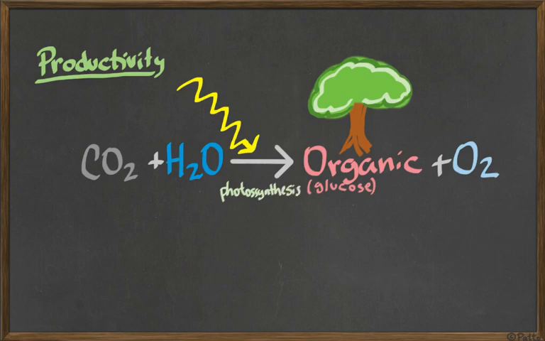So ultimately, plants are capable of getting carbon dioxide from the environment, are capable of getting water from the environment, they get light from the environment, and they are capable of building organic material in the way of glucose that later is being used to build everything else on the planet. This here is the ultimate productivity, basically photosynthesis.